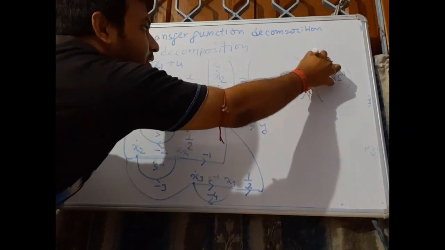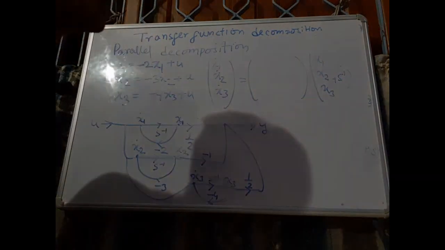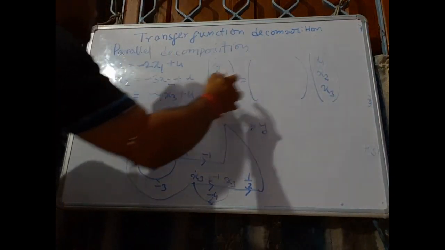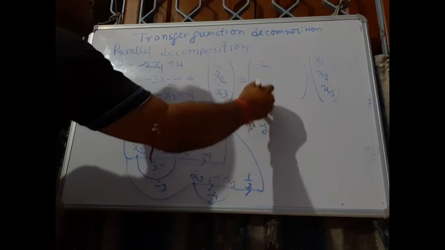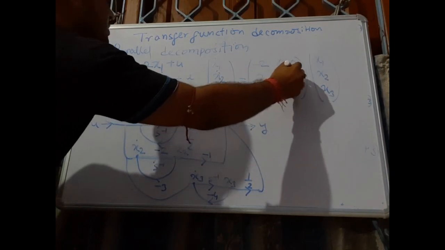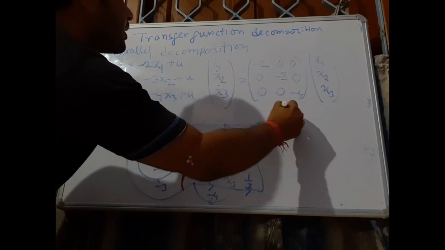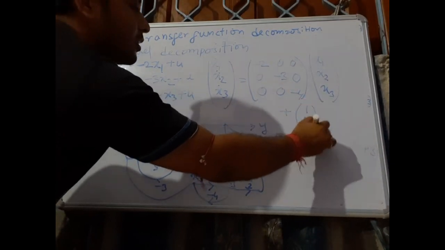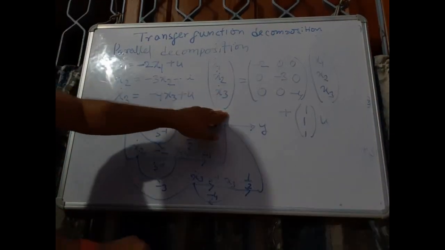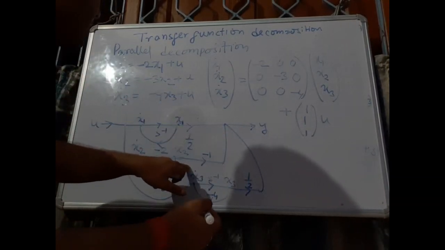We have a matrix, say this is the X matrix, so this is minus 2 0 0, 0 minus 3 0, 0 0 minus 4, plus 1 1 1 u, right? So this is the first equation of state space analysis, and the second equation will be, you can see that